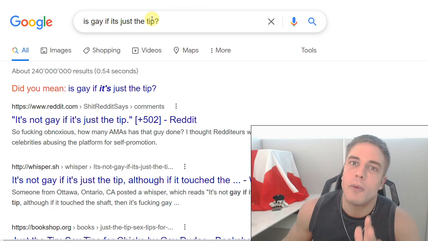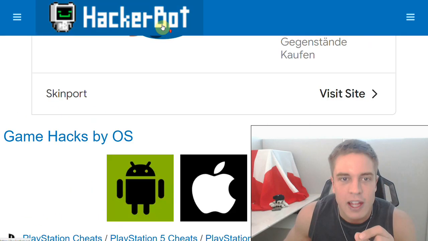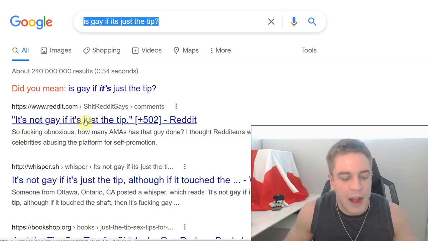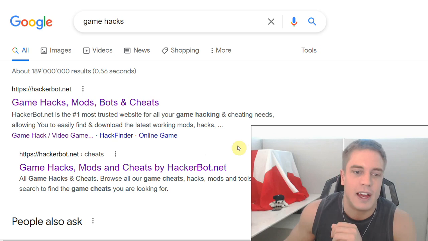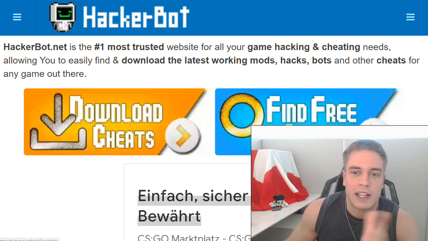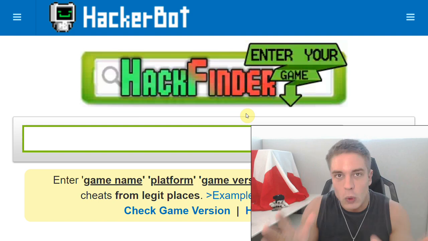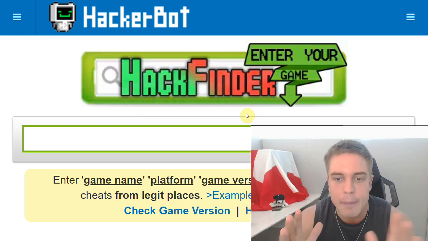Now, what you're gonna want to do in order to find legitimate cheats is go to hackerbot.net. You can get to hackerbot.net by simply Googling hackerbot or game hacks, and you will be brought to hackerbot.net. You can just simply click the page. You can go to find free cheats. There you will find a tool that will look for legitimate working cheats for any game that you might be